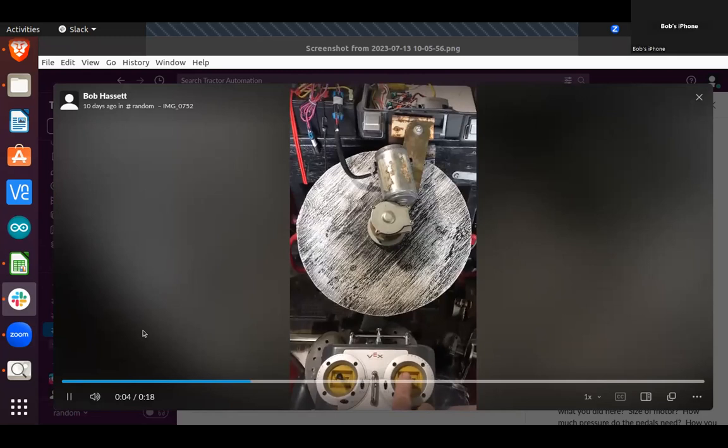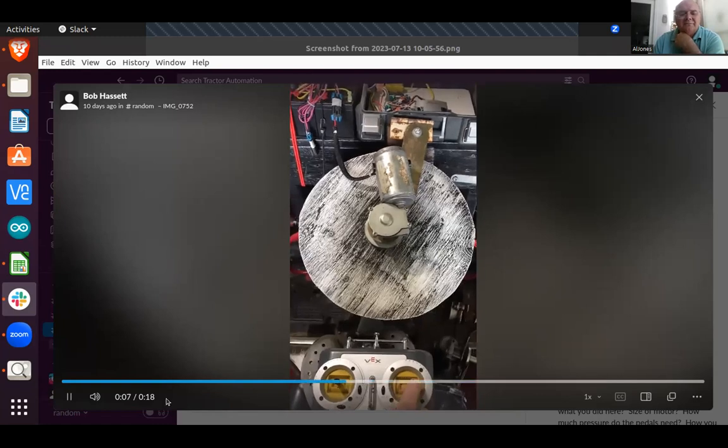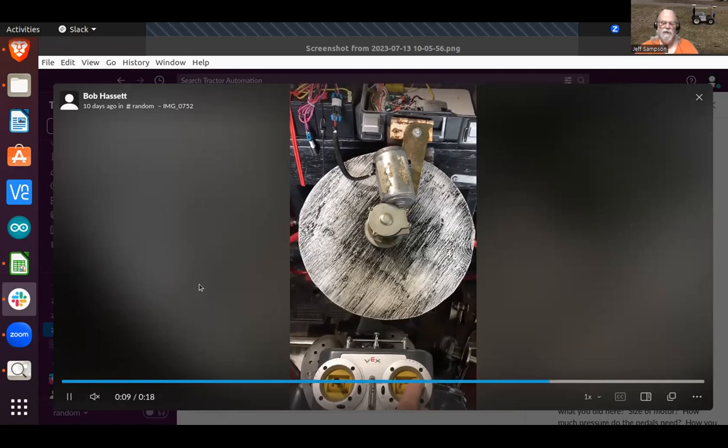Zoom is fighting with us here. I think it's buffering or something. Give it a second. It could be that if you click on that and say open in a new tab, it might play better too. I don't know.